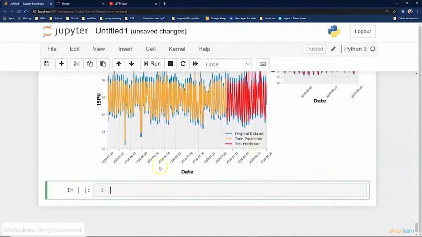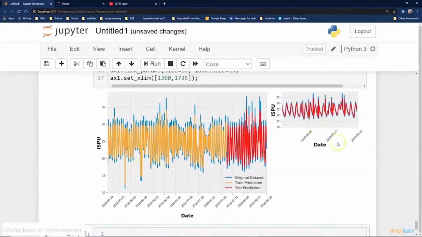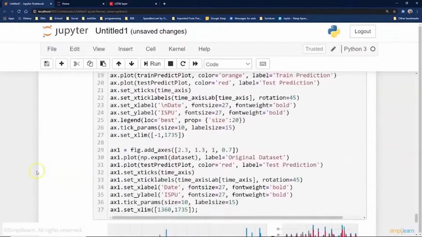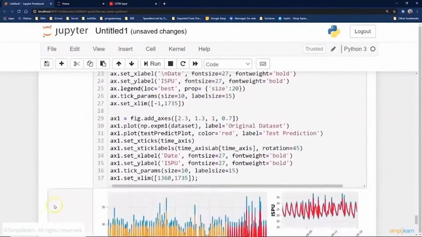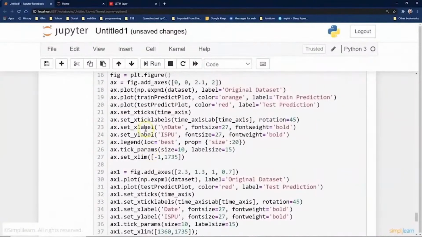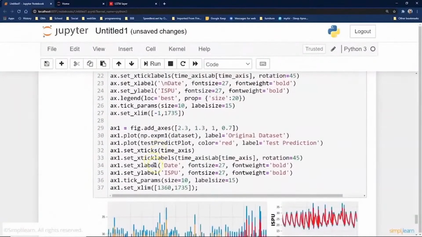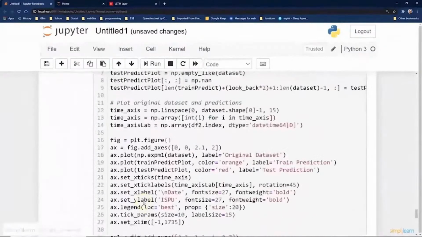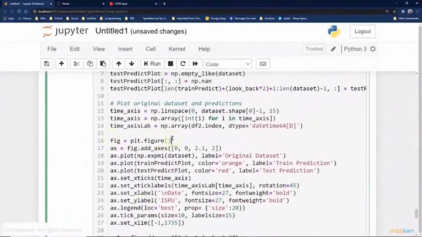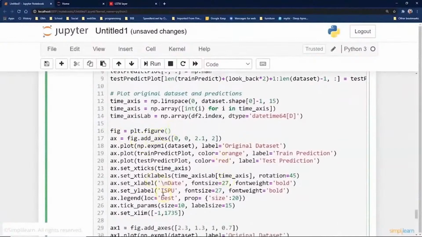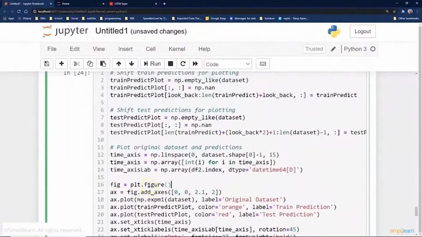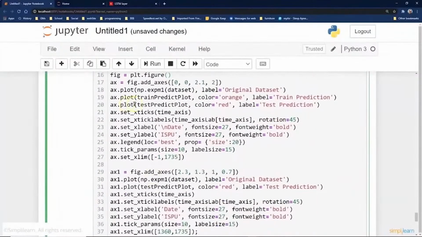We have on here our main plot. We have two different plots going on here, the ISPU going up and the data, and the ISPU here with all these different settings on it. And so when we look at this, we have our ax, that's the main plot, and we have our ax1, which is the secondary plot over here. So we're doing a figure, plt.figure, and we're going to dump those two graphs on there. And if you go through the code piece by piece, which we're not going to do,